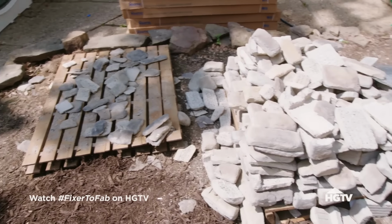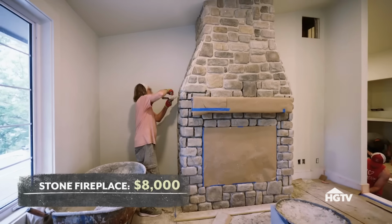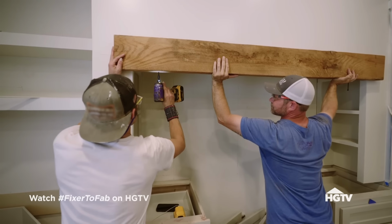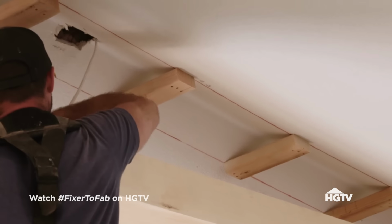Brick by brick or stone by stone, everything is coming together. The custom fireplace is almost complete, and it really adds the warmth and character to this living room that Whitney wanted. Things are moving forward. I think this is gonna be a really amazing house. It's gonna have a lot of character, a lot of charm. It's gonna be cozy. One detail that I really love that made a huge impact